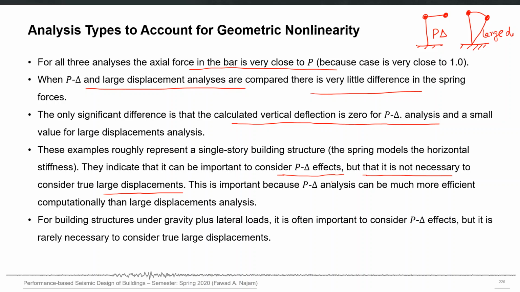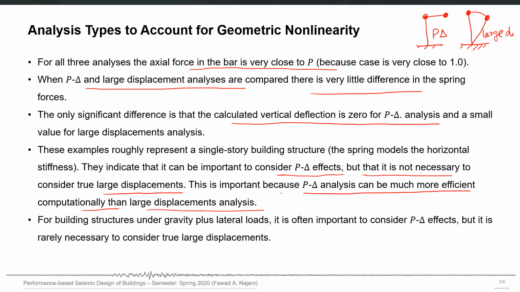This large displacement analysis will take significantly more time in running compared to the P delta analysis. This is important because P delta analysis can be much more efficient computationally than large displacement analysis. There can be several convergence issues also when you consider the equilibrium equations in all of their complexity in deformed configuration.